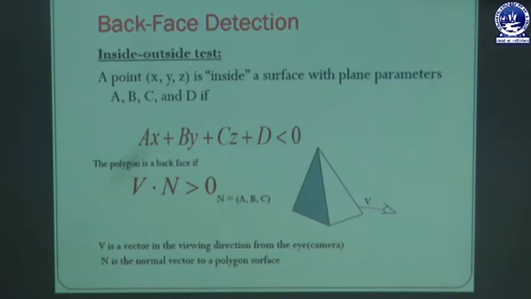But there are some disadvantages in the case of back face detection. What are they? A situation can arise where more than one object is represented together in a scene in such a way that some part of an object, or sometimes an entire object, is hidden behind some other object, and in this case we cannot view the hidden object.